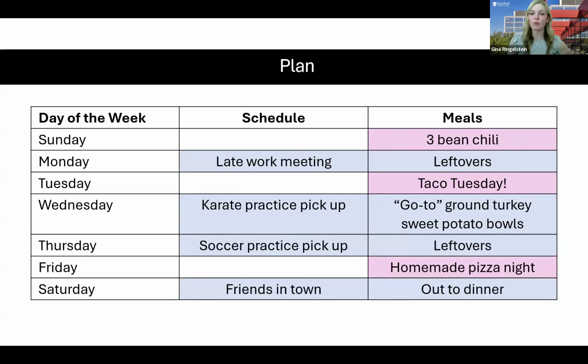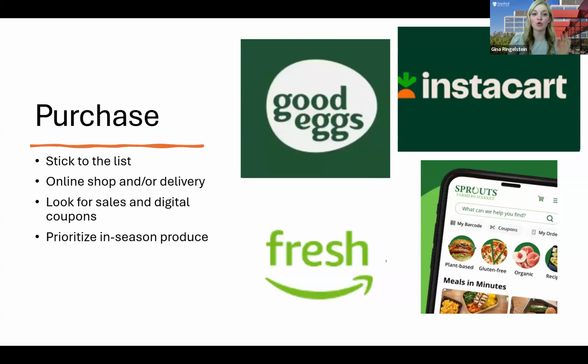Now, once our plan is made, and we've started to write down all of the ingredients that we need for all of these different recipes, then it's finally time to head to the store. When we think about the purchasing part, our second P here in our 3 Ps, I often say having a list is essential. I don't know about all of you, but when I go into the grocery store without a list, I throw random things into the cart. I have no idea oftentimes what I'm doing. And this really makes meal preparation at the end of the day or even throughout the week really challenging.